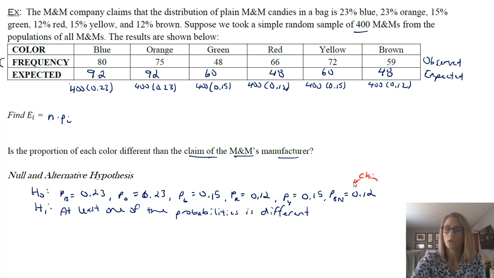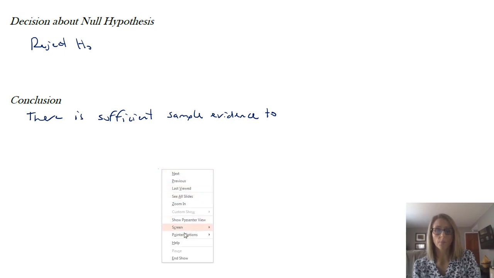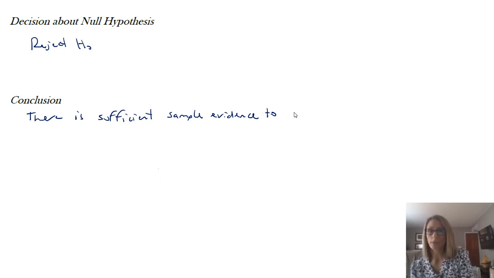So that's not uncommon for these types of problems to be the claim being the null. So sufficient sample evidence to warrant rejection of the claim